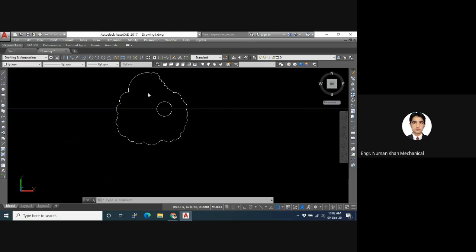We can change this arc length. We have options. We can change this arc length. We can change this curve. This is a freehand curve. We can change it to rectangular. We can change it to polynomial, polygonal. We can change it to any one. Just go to the